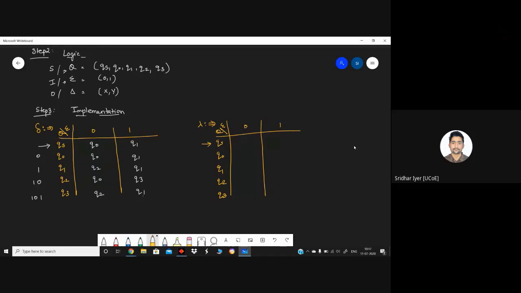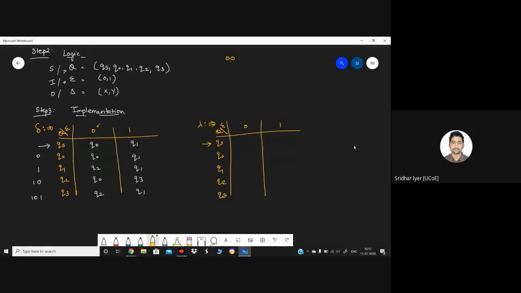Okay, see, when we get the value for 00 as Q0, you're asking me. Okay, so basically we are starting from QS, right? Initially the machine is empty. So whatever input we receive, for example, we encounter an input 0 over here, which is the state corresponding to 0, that is Q0. So that's why we have written 0 over here. Similarly, I am in state Q0 and I'm already having one 0 as the input. I'm receiving one more 0, so it becomes 00. So we simply need to append it to the already existing input.